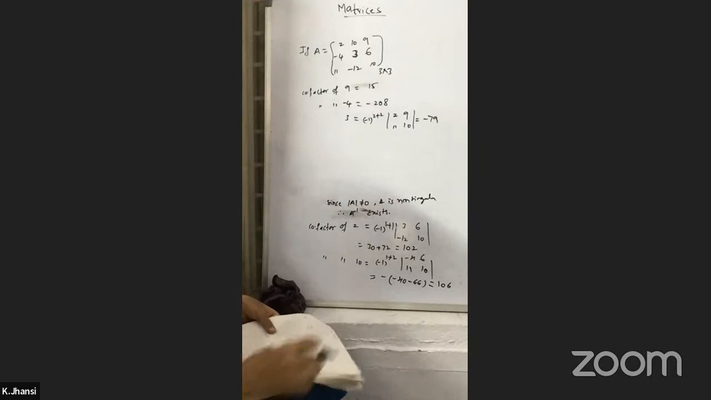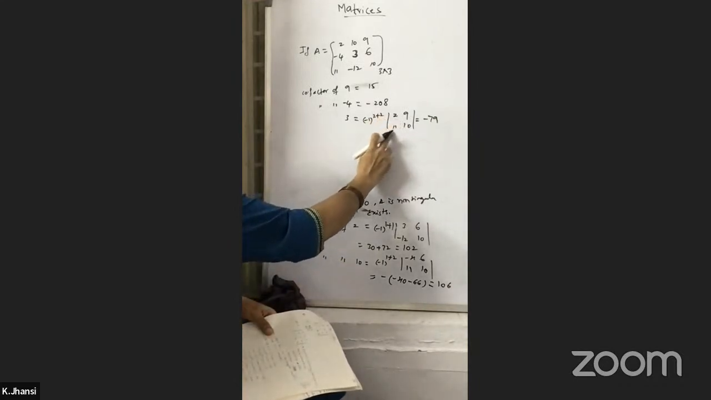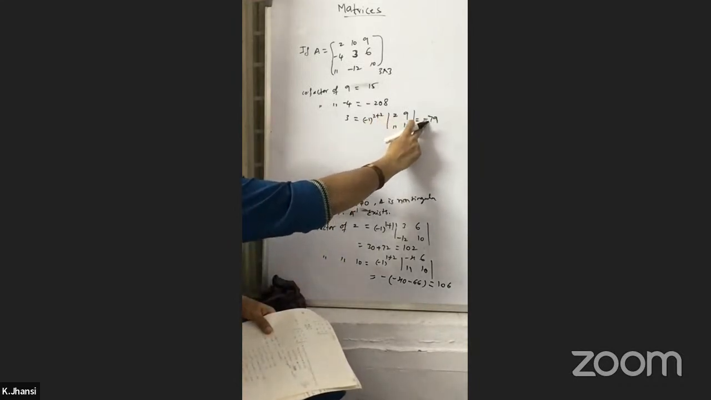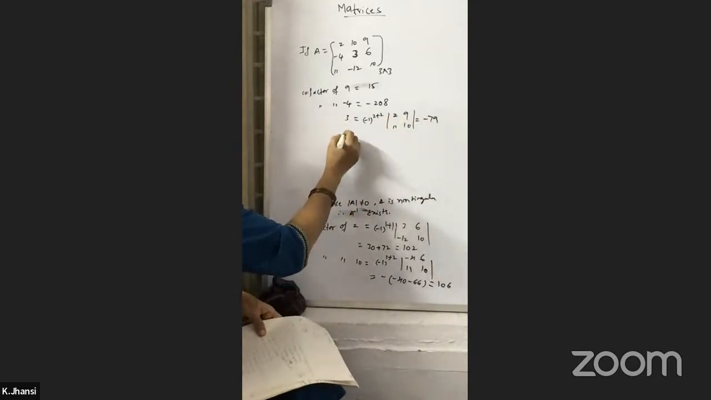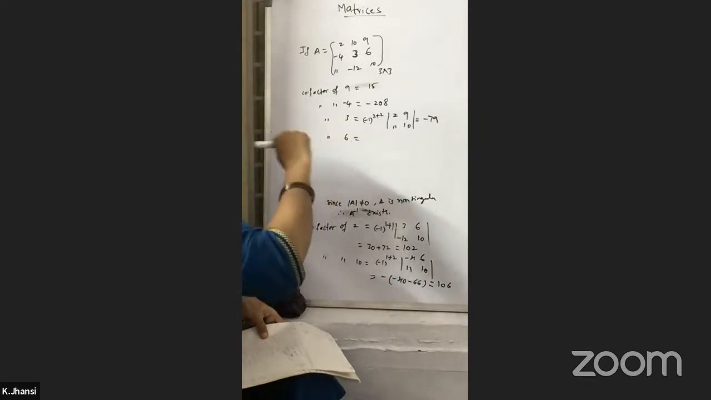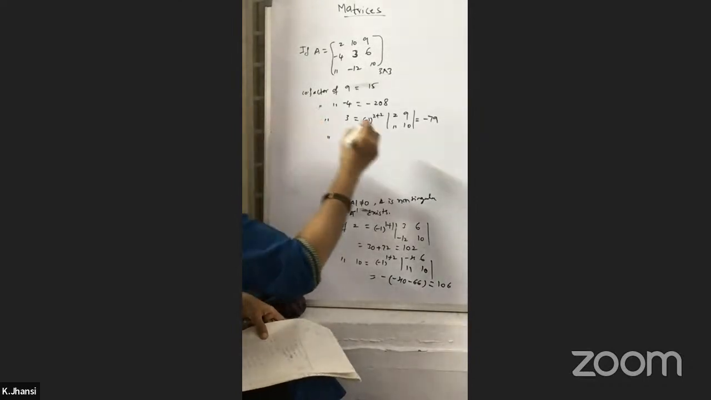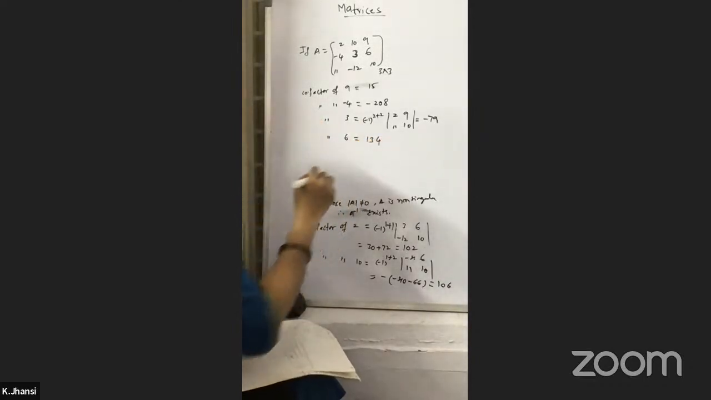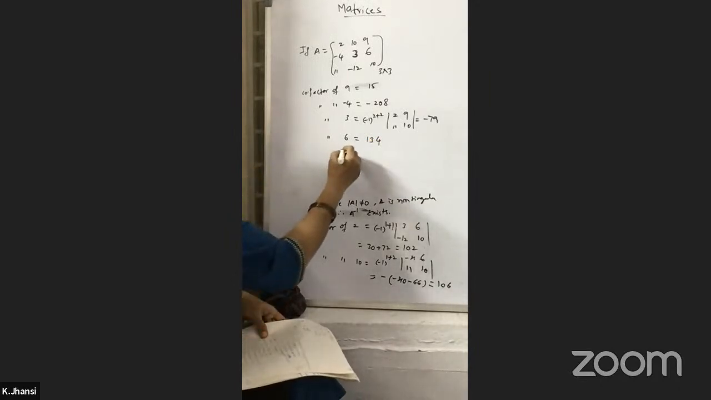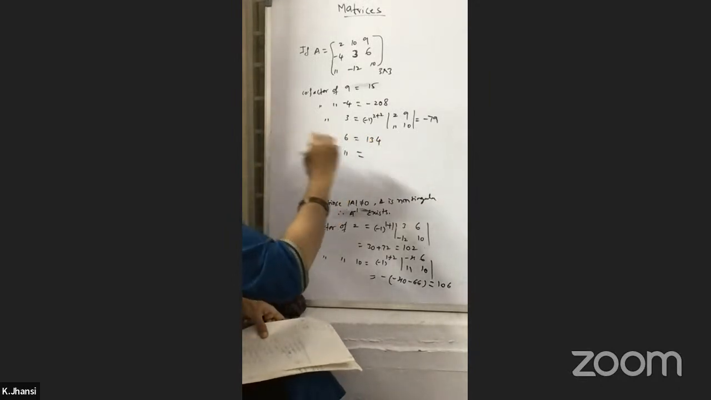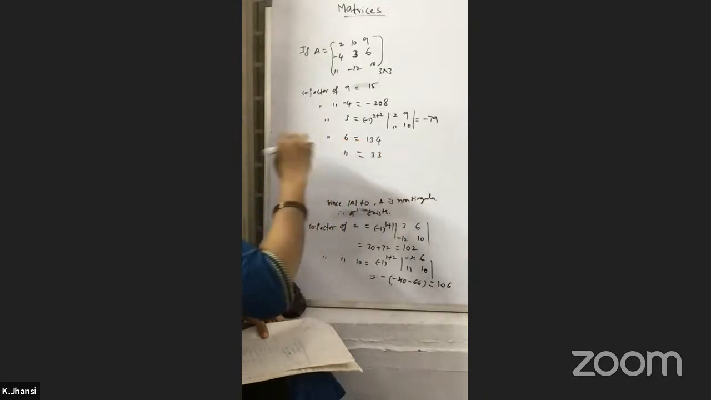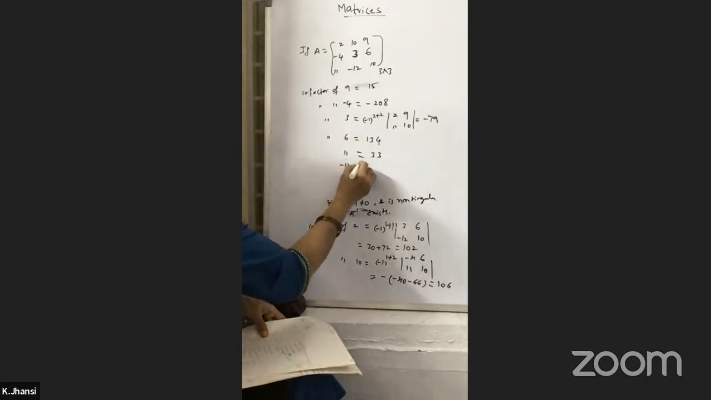Minus 79. Okay. This is 2 tens are 20 minus 99. That's why I got here minus sign 79. Next, cofactor of 6 is 134. Okay. Next, cofactor of 11 is 33. Next, cofactor of minus 12 is,